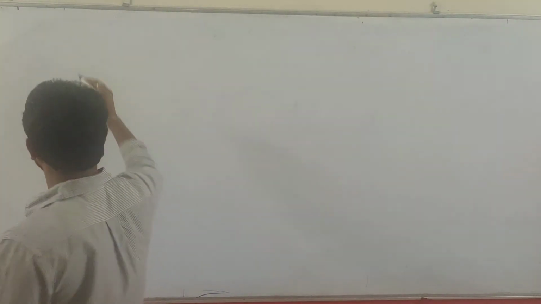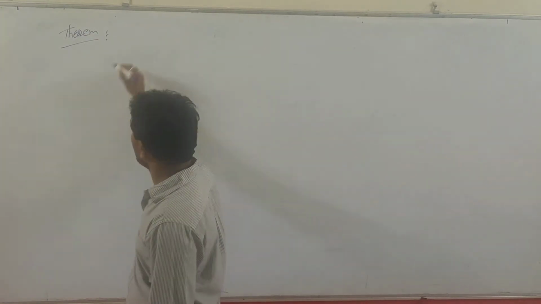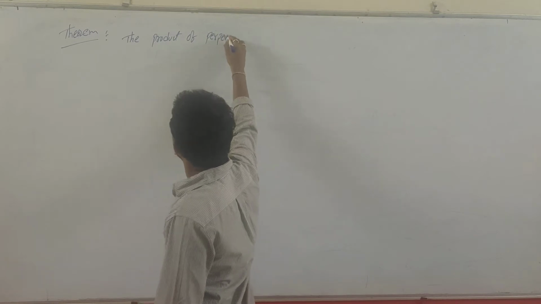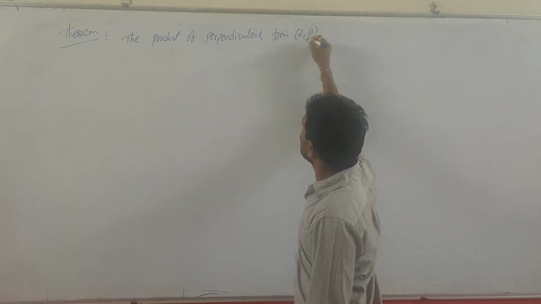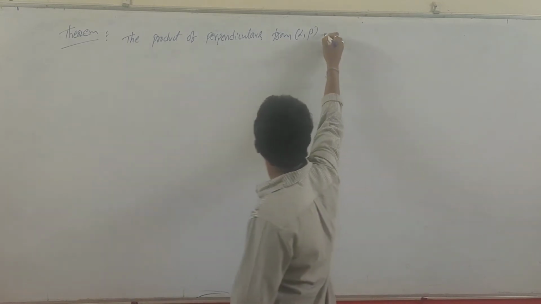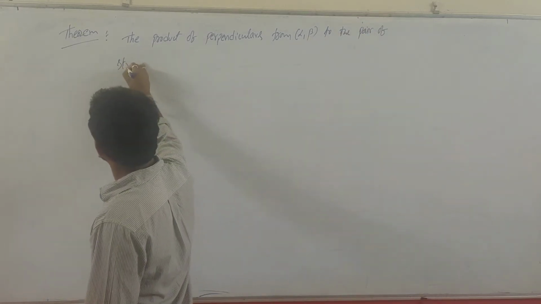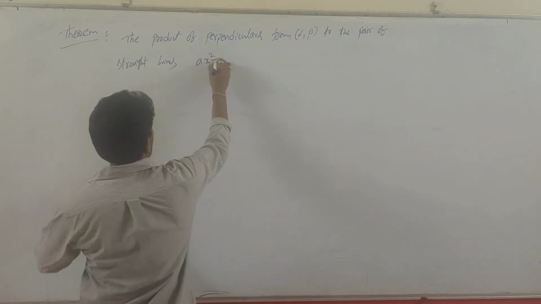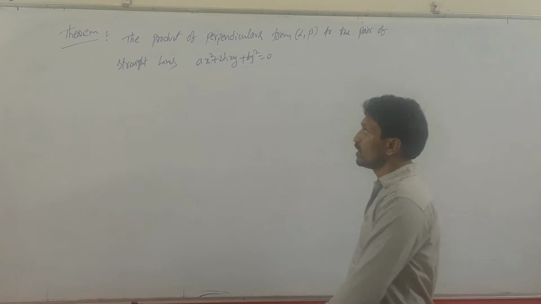Next theorem, very important. The product of perpendiculars from the point (alpha, beta) to the pair of straight lines ax² + 2hxy + by² = 0 is